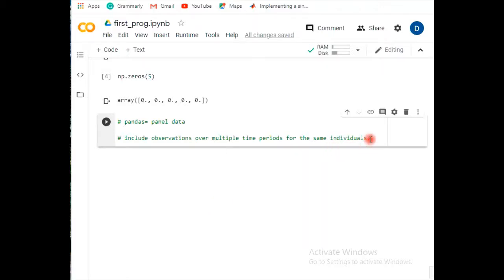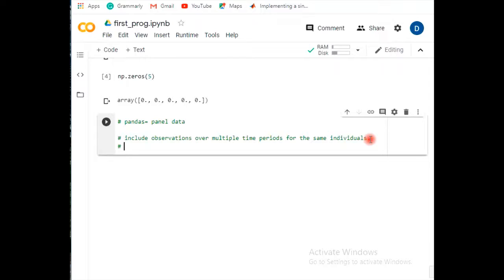An important point to take care of here: pandas is used for transforming, analyzing, and operation. For all these purposes we use the pandas library.